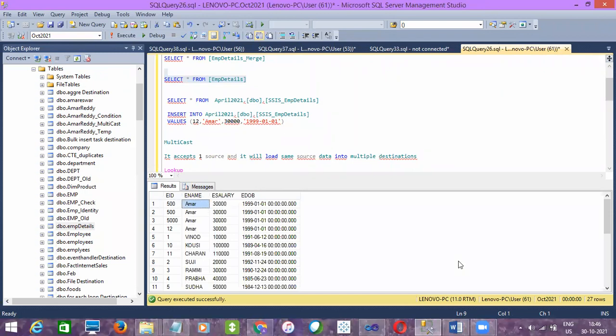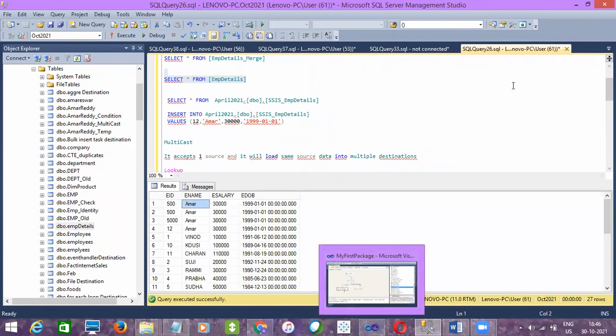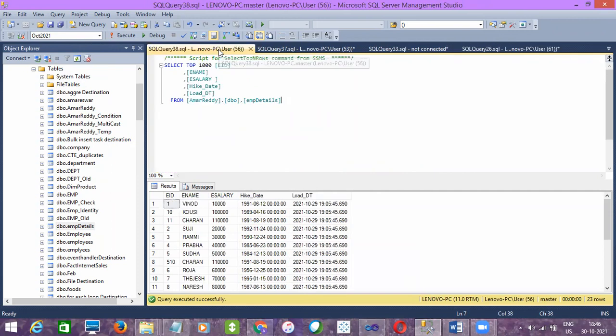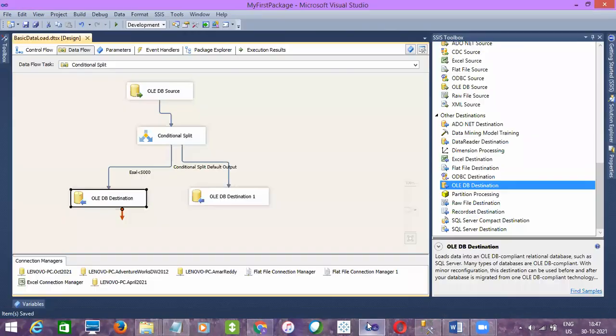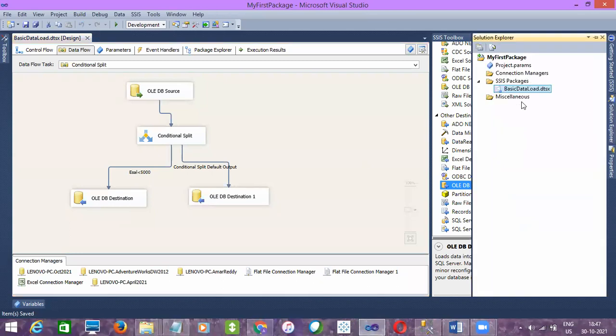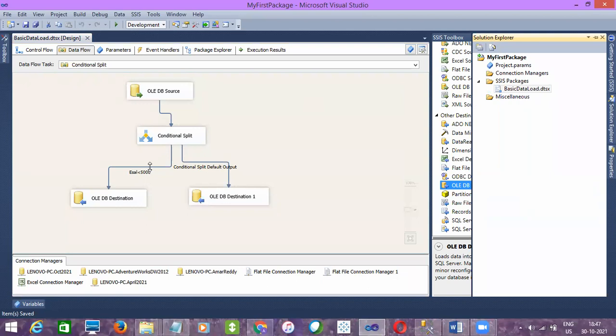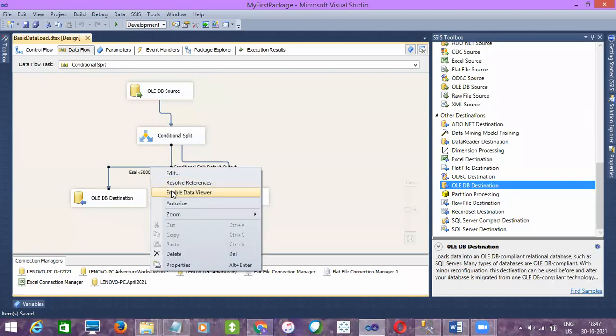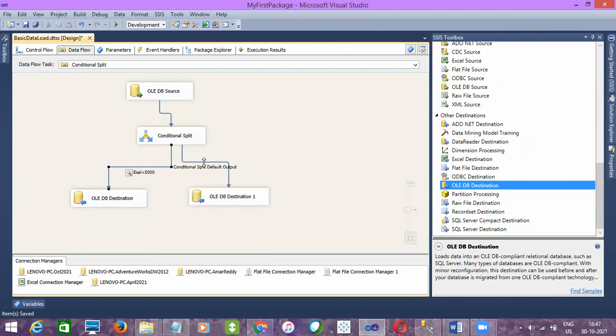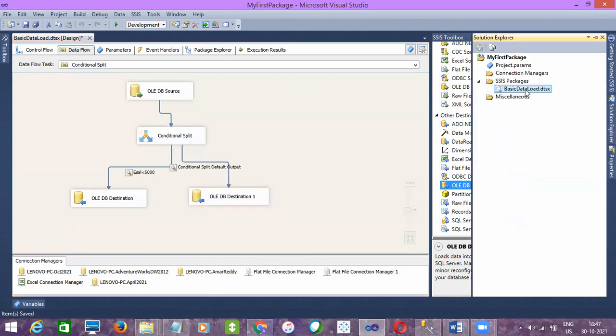Yeah, we have some 27 rows, right? So let's remember these 27 rows in October 2021, and in our MariaDB database we have 23 records existing already. So now if I execute, and if you want to view data viewers, we can give it here and enable data viewers. Yeah. Now let me execute. We can see the data before it is being inserted.